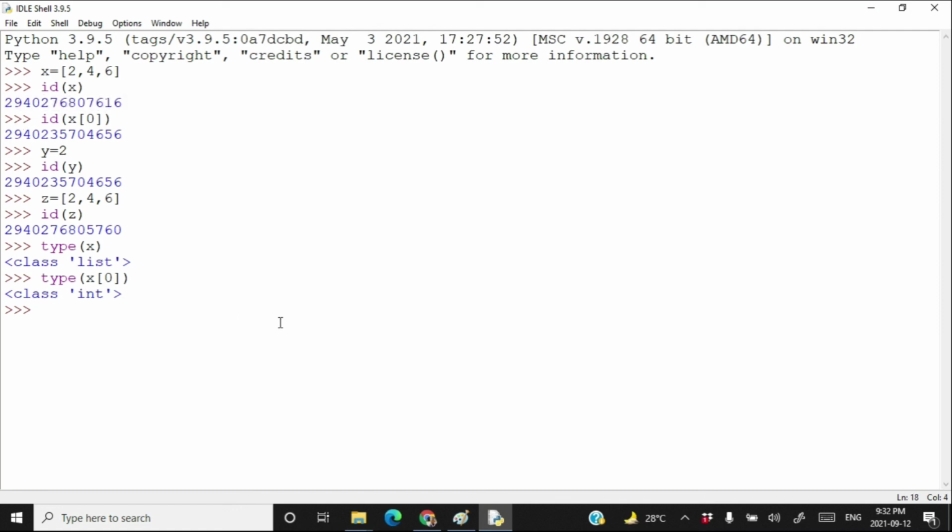That means if I write x is equal to 2, then typing x here does not give the actual content, because 2 is an object stored somewhere else in memory. If I type id(x), this is the actual content of x. This is contained by x. And what is this? This is the address of 2.